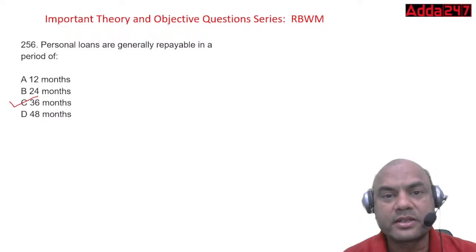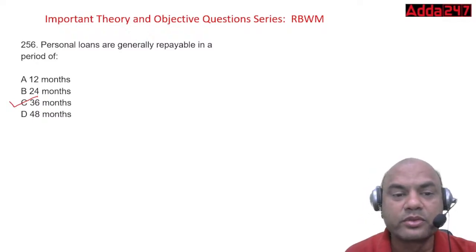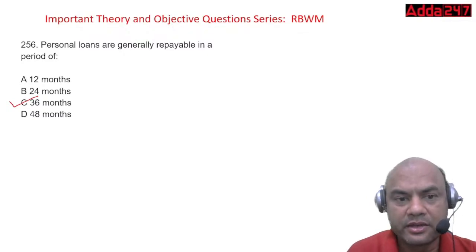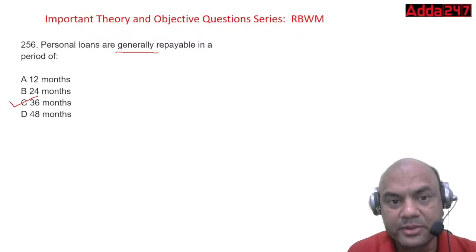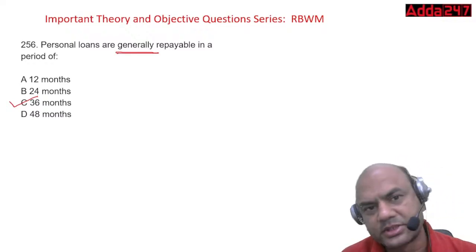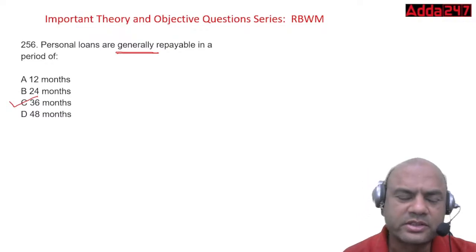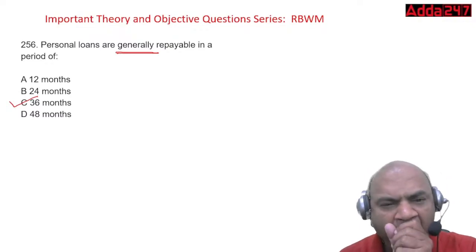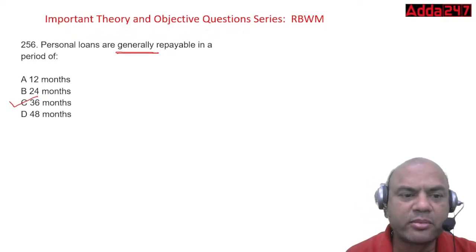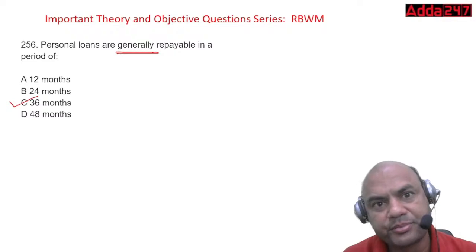You can check the present status. But some banks, I am saying some banks, that's why this word "generally" is used over here. What do 90% of the banks do? 90% of the banks do it for 36 months. Okay. 10% here and there are always a difference, right? Some banks give the repayment period of 12 months also in PL.